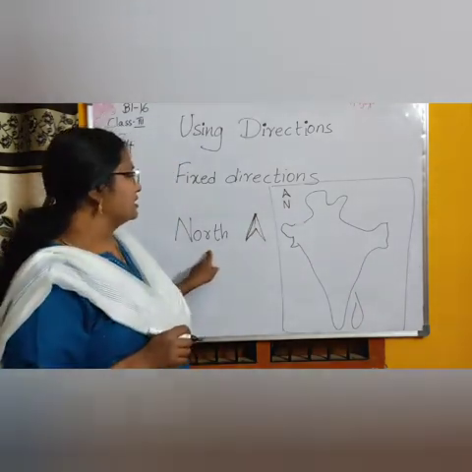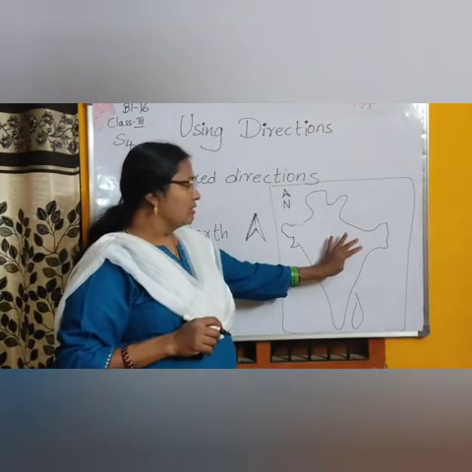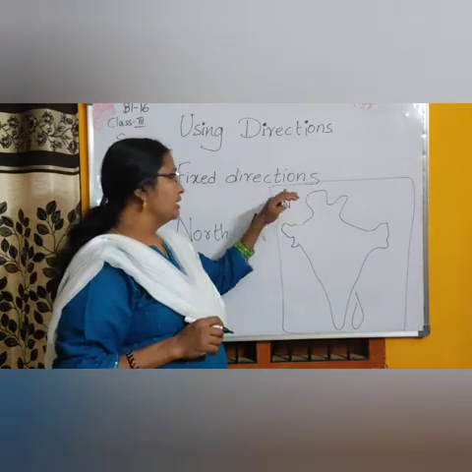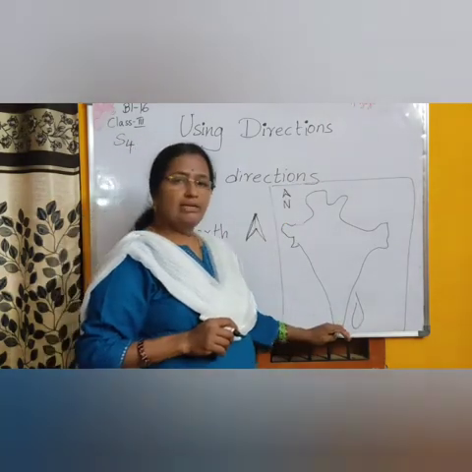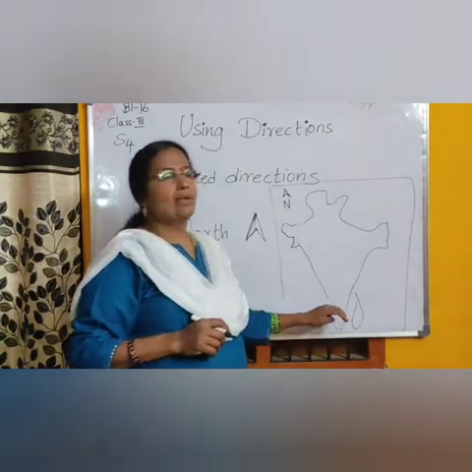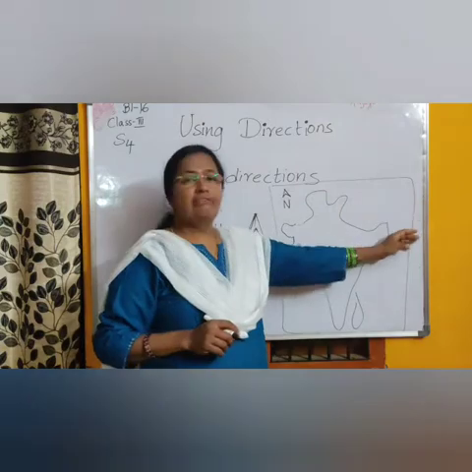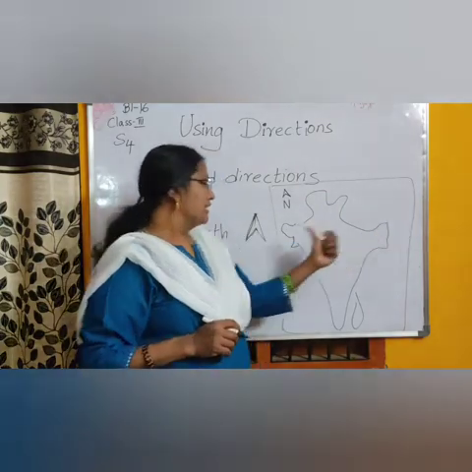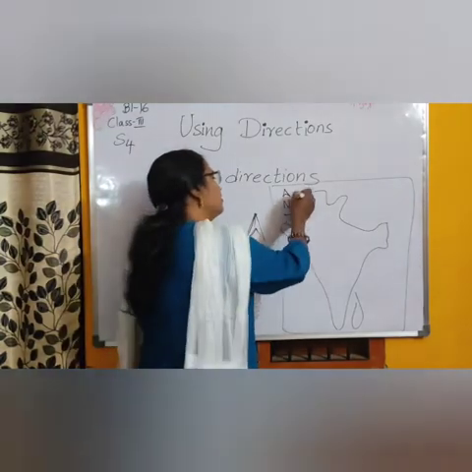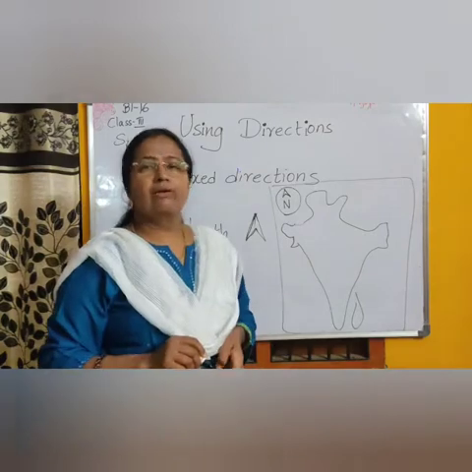Why are we learning this? So that you should know that on this map, this side is north. The top side is north. If you know the north, then you'll know that this direction is south. So what are the places in the south you can know? What are the places in the north you can know? If this is north, the left side always is east, and the right side is always west. So that is the importance of this north arrow. Right, students?